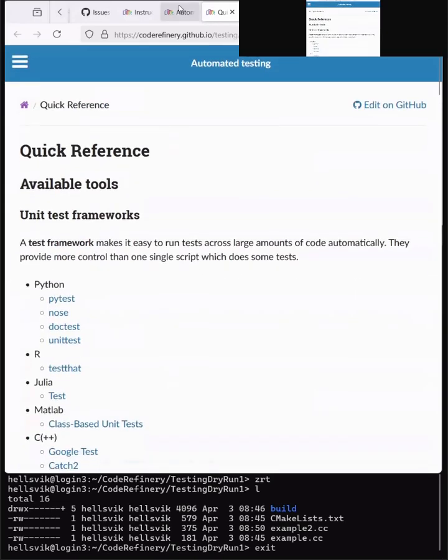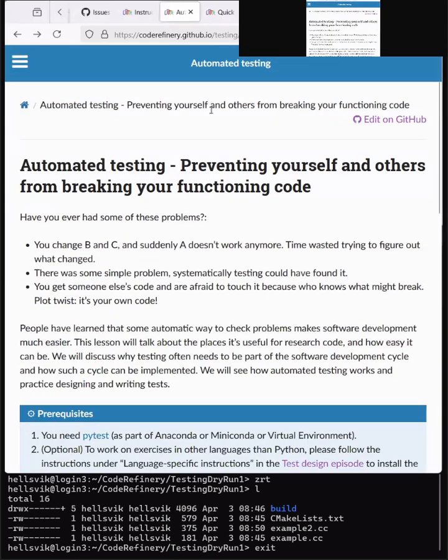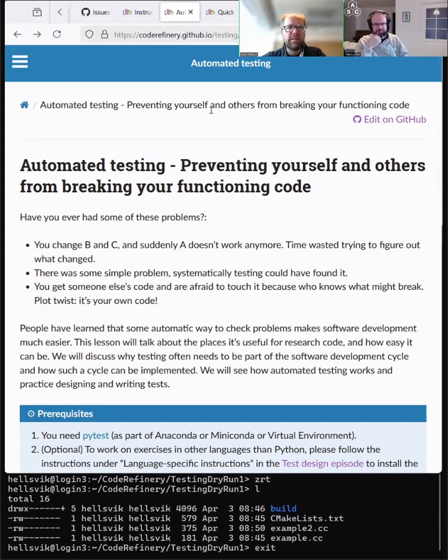So yes, we are here essentially for automated testing. Yes, so good morning, everyone. Today in the first lesson, we're going to talk about automated testing, and this will be taught by Thomas